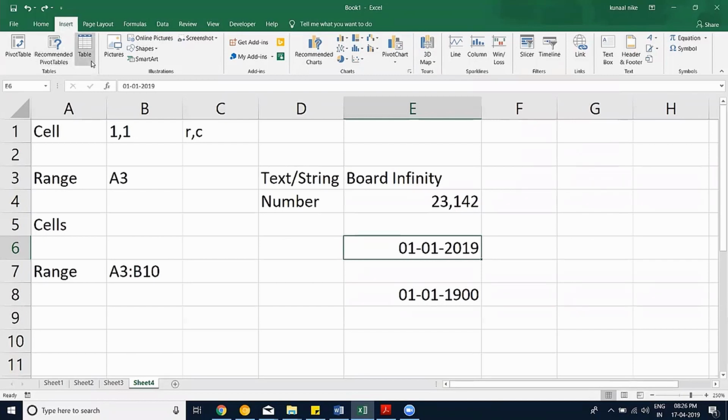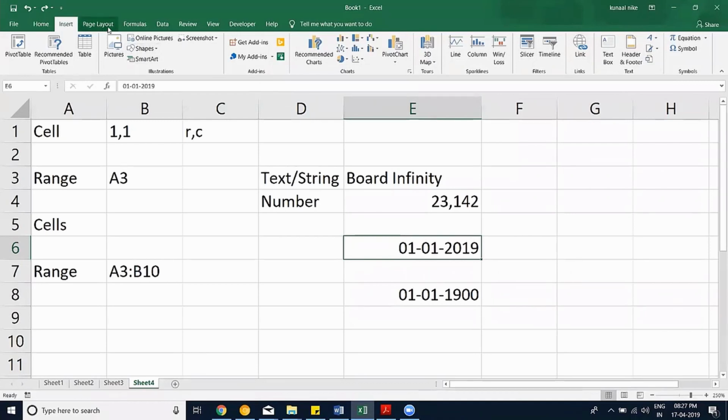Insert tab is all visual. Anything that has to be visually represented will be in this particular tab. And you have another concept called pivot table, which I'll be taking again, which will be an elaborate concept of Excel, along with charting and all of this information like charts, right? This is going to be used for dashboarding and all that. And your normal things like inserting SmartArt and all of that, which you have in your presentation or Word or whatever it is, right? Then we have slicers, which are for pivot and for tables, and some other things which